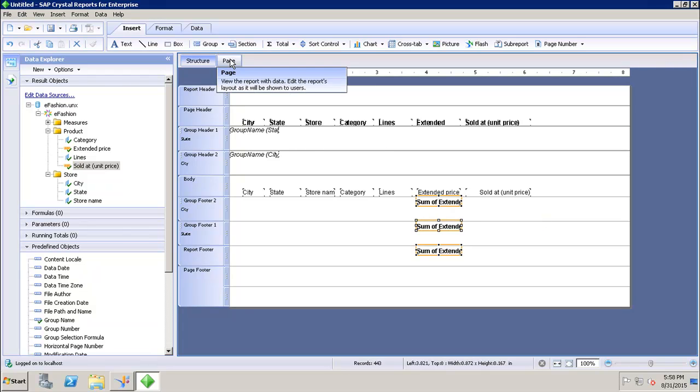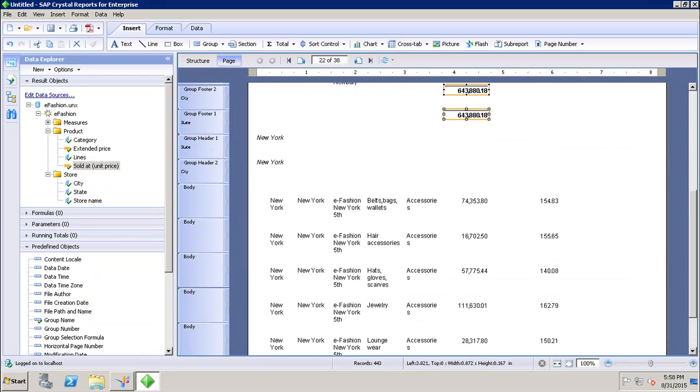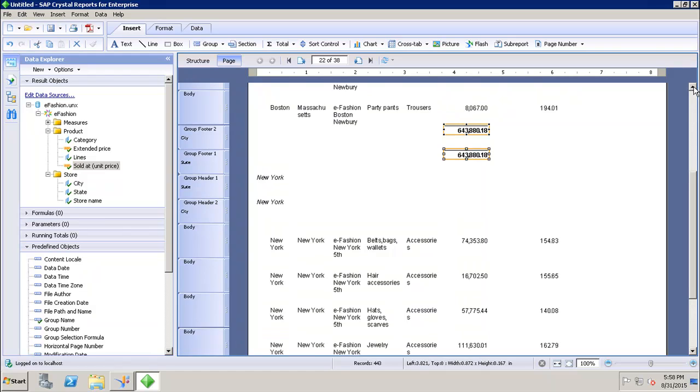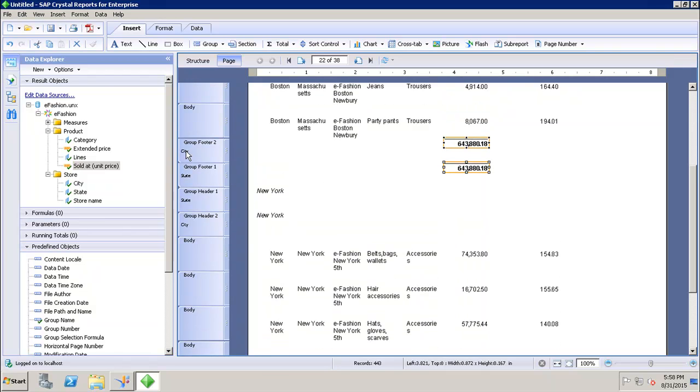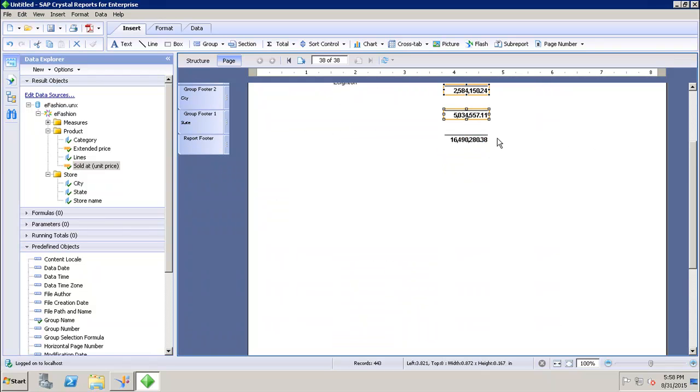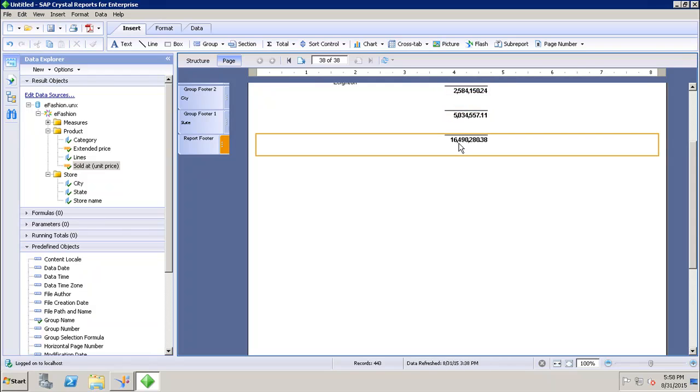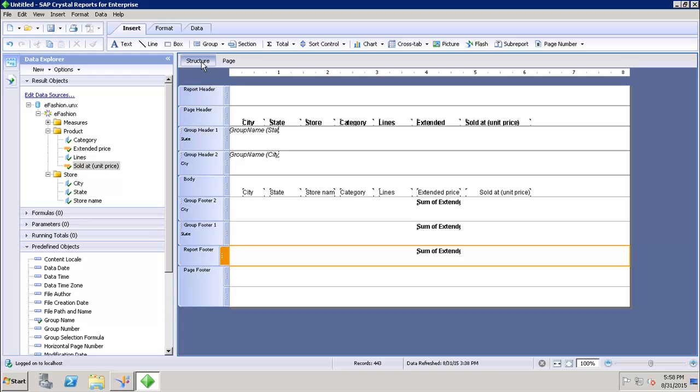Now if I go to the page mode, I will be able to see the totals at the end of each group. That is, I can see the total for each city, the total for each state, and if I go to the last page of the report, I can see the grand total in the report footer. So this is how we can add the subtotals and the totals as per the groups in the Crystal Report